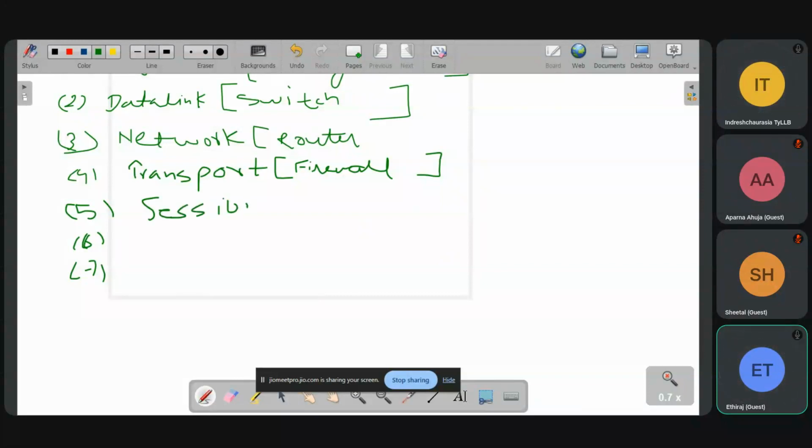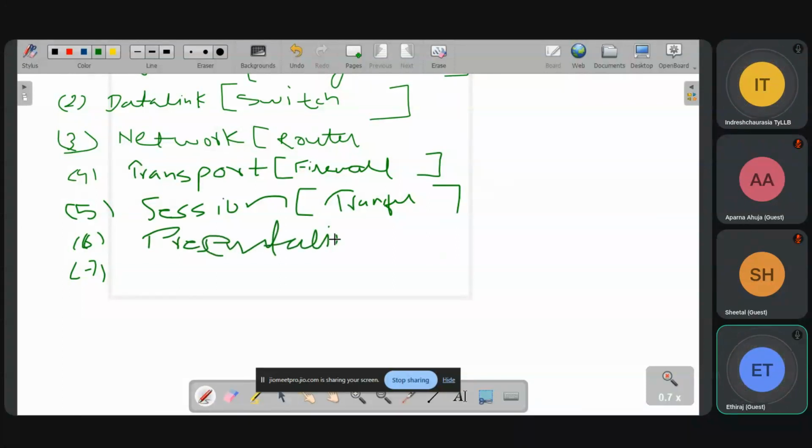Whatever data we are transferring, whatever time it takes, it comes here. Data transfer time. And sixth, the presentation layer. It is encryption and decryption. Yeah, encryption and decryption. Right. And then the last, the application layer.